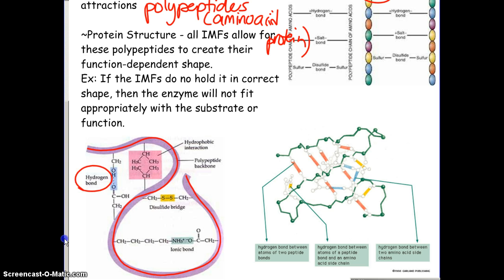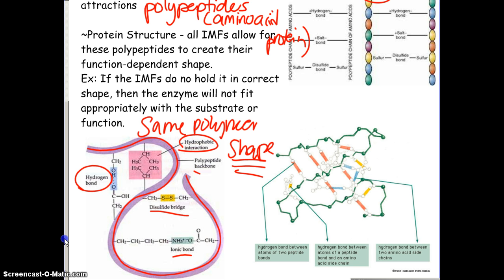We have a hydrogen bond here. We have hydrophilic interactions in some places. We have a disulfide bridge or disulfide bond. We have ionic bonds. We have lots of stuff going on, but it's all within the same polymer. So this causes this polymer to take on a specific shape. We have to know this because the shape drives the function